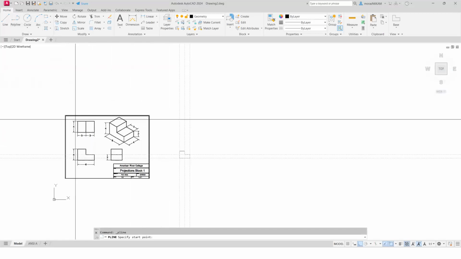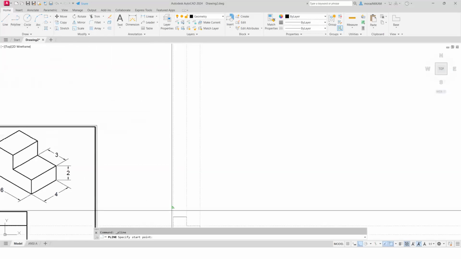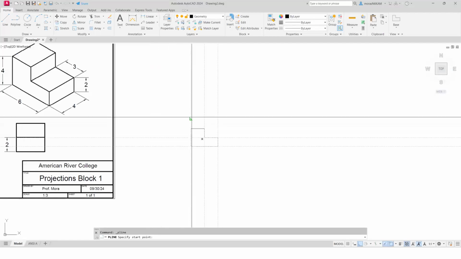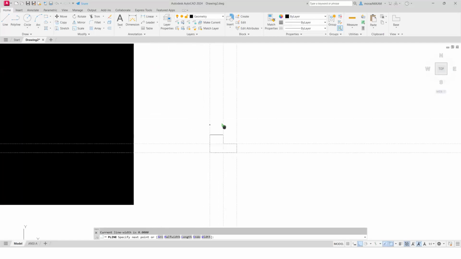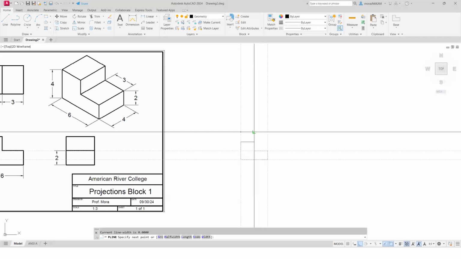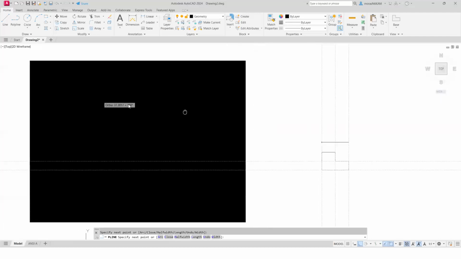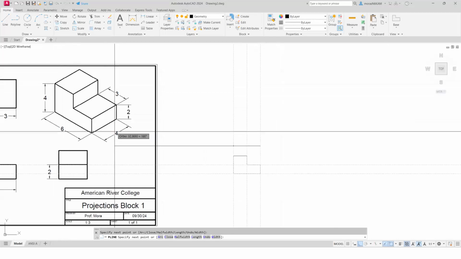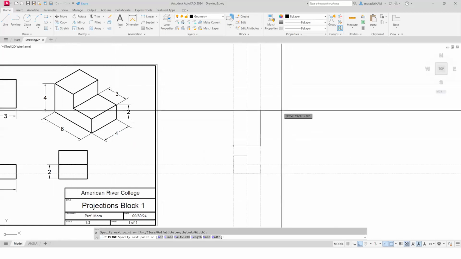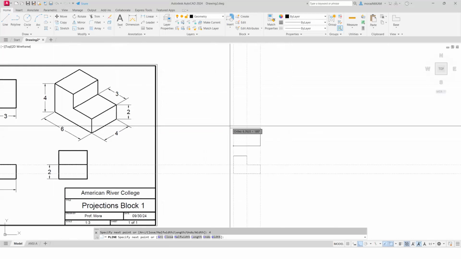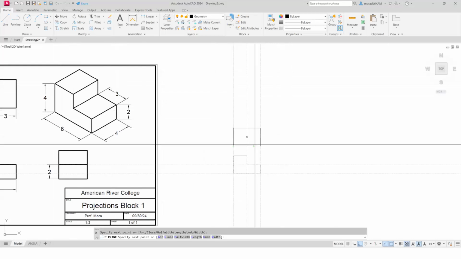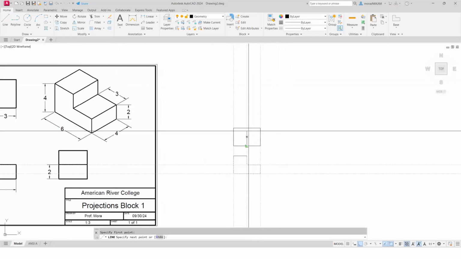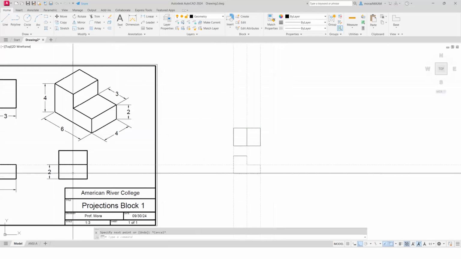So now I'm going to go ahead and create this top view. So it's pretty simple. I'm just going to choose somewhere up here. This is fine for now. I can move it after. And then it's going to go up 4 units. So that 4 units is right here. Okay, and then now I will create